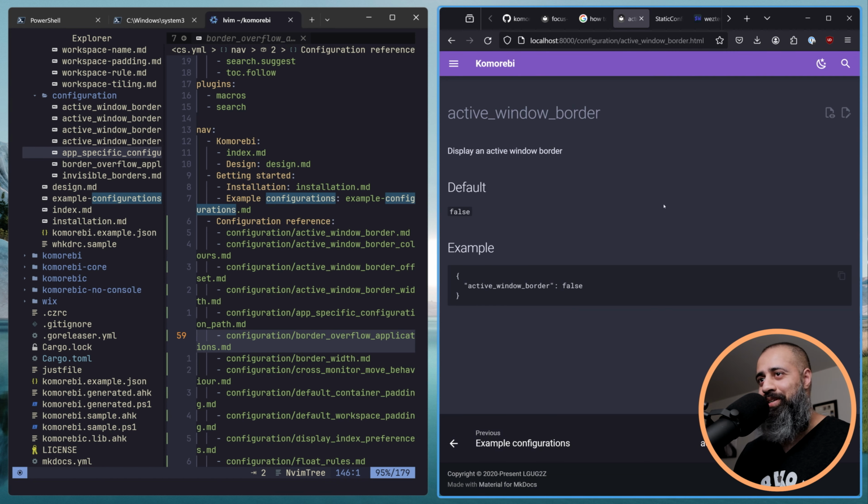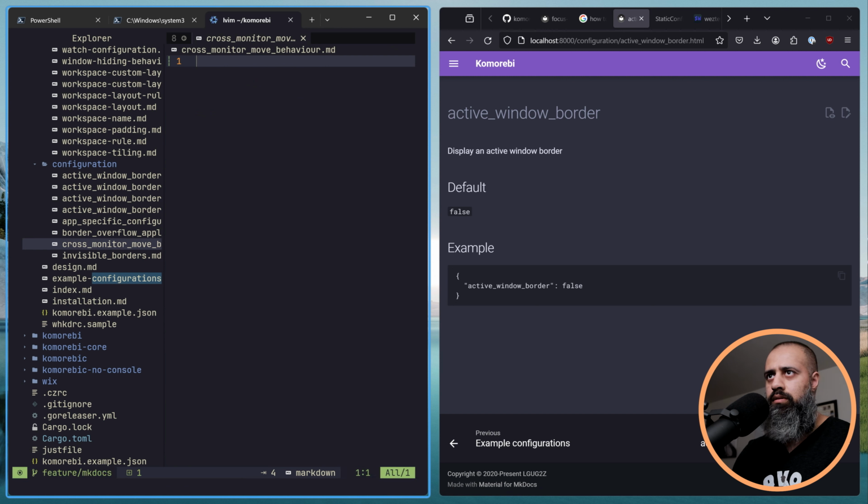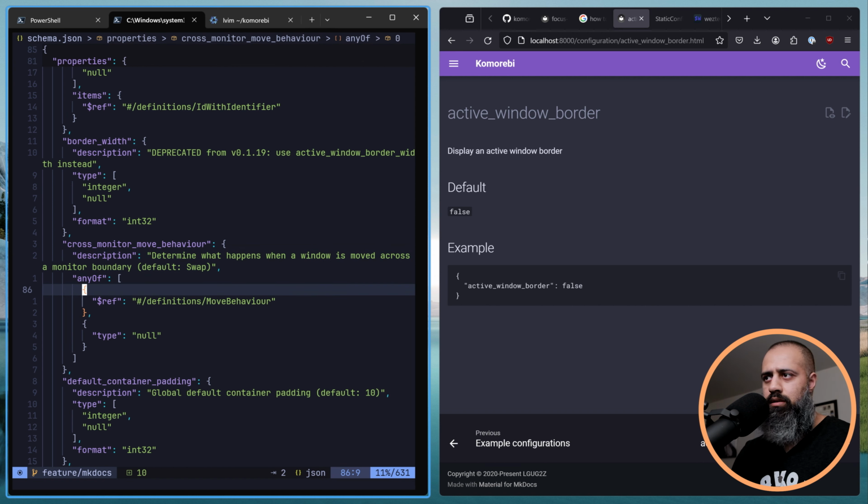Which is also deprecated, so it is gonna be cross monitor move behavior after all. Can add that. The default is swap, and the example